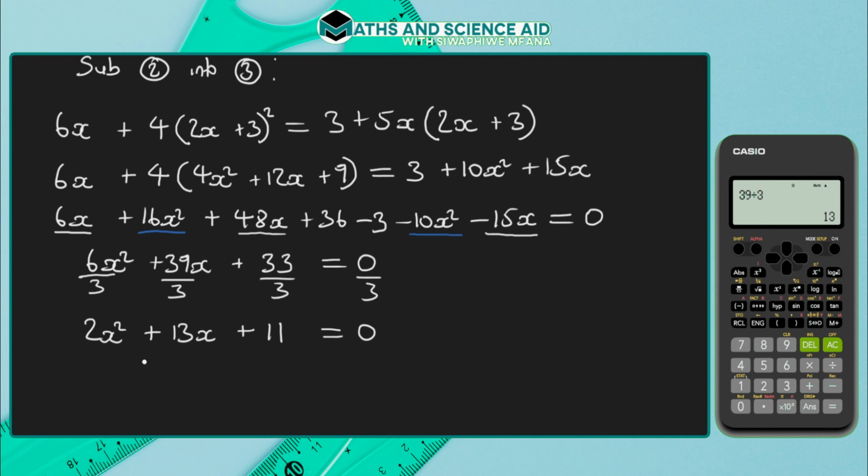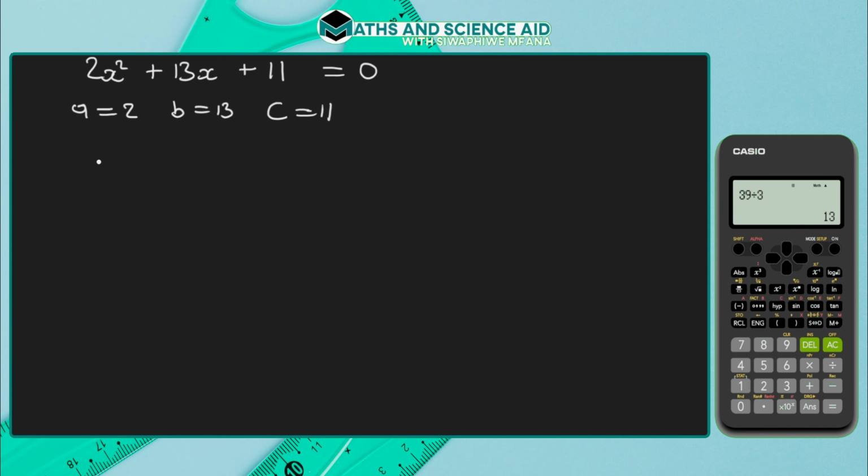And of course, it's up to you how you solve this. You can say you can solve it by factorization, or alternatively, you can just simply use the quadratic formula. So let's just use the quadratic formula. So we say that we've got A is equal to 2, B is equal to 13, and C is equal to 11. And so if you substitute into the quadratic formula here, we will have that x is equal to